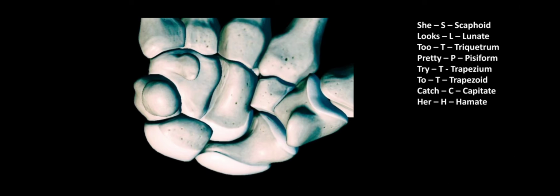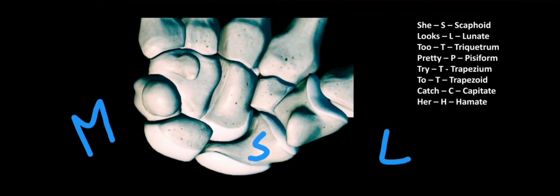Now first let's see the carpus, which means the wrist. The carpus includes 8 carpal bones, 4 in the proximal row and 4 in the distal row. From the lateral to medial side, the proximal row includes scaphoid, lunate, the triquetral and the pisiform. The backbone is the triquetral, and in the distal row it is trapezium, trapezoid, capitate and the hamate.